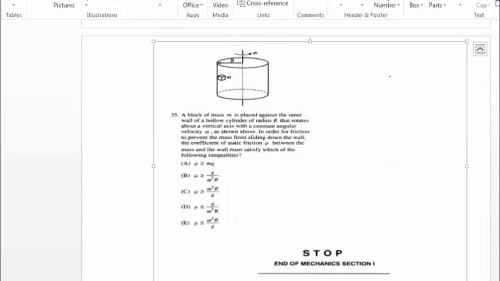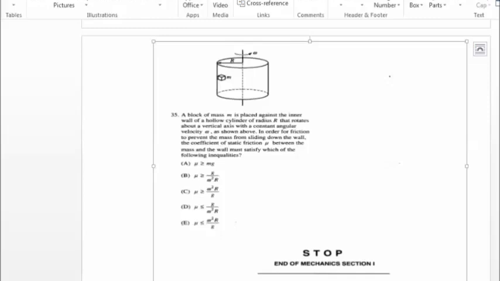So the force of friction will be mu mv square by r. The force of static friction mu mv square by r cancels with the gravity force mg, which is what will make it fall down. But if the force of static friction is more than or equal to the gravitational force mg, then the mass will